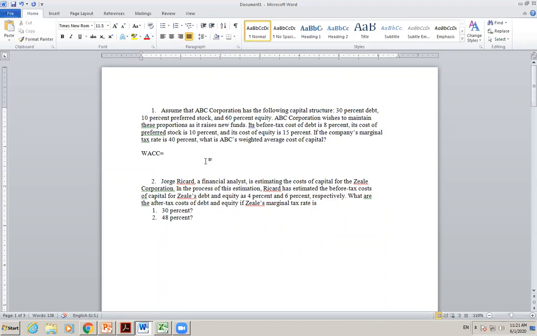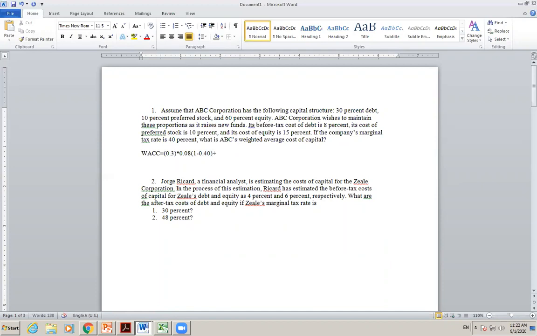Everything is given here. We just need to substitute. The proportion of debt is 30%, which is 0.30, times the cost of debt, which is 8%, 0.08, but it should be adjusted for the tax rate. 1 minus the tax rate of 40%,